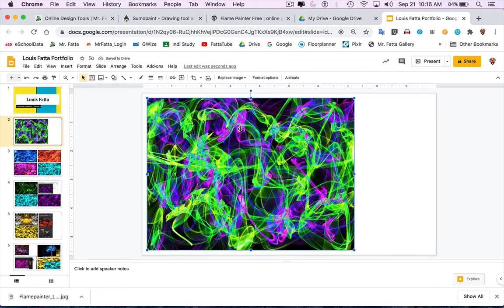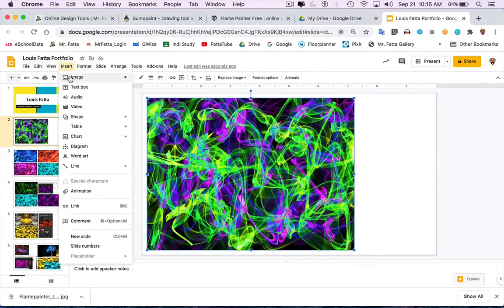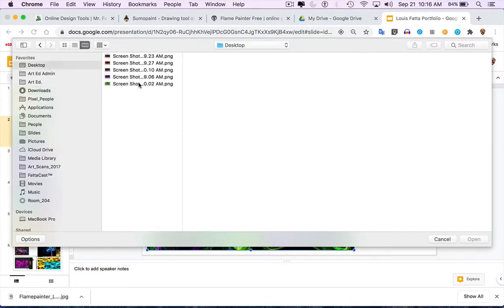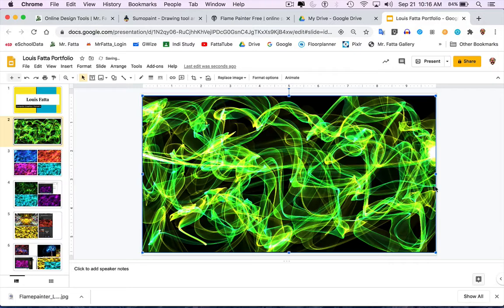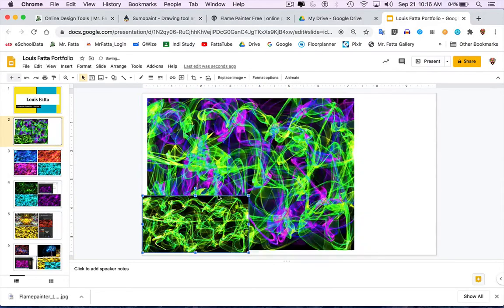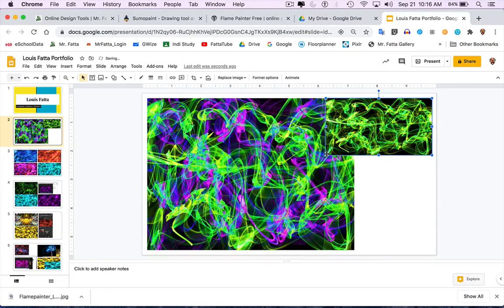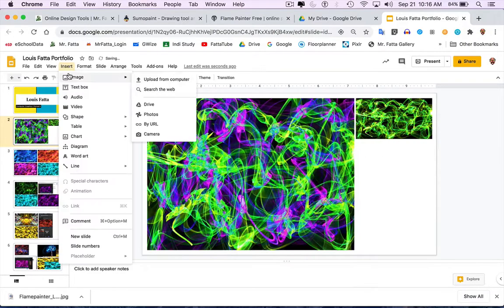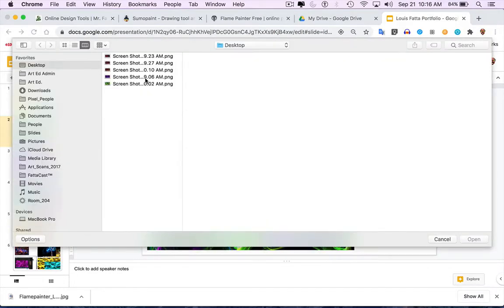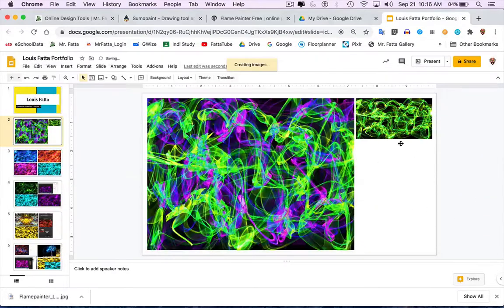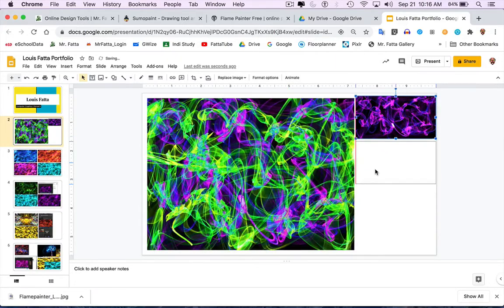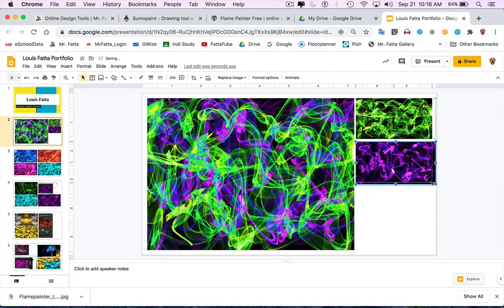I'm going to insert again the other two pictures that I used for this. I'm going to go to my desktop where my computer saves these items. I'll make this smaller so it could fit off to the side here, showing me that you have two Flamepainter pictures. And I'll need to see the two Flamepainters you used for this. Again, I'll go Insert, Image from my computer, and here's the purple one. I'll click Open on that, and again, making it smaller and fitting them both on there. So I'll be able to see the two pictures you used for your Flamepainter and that you blended them together